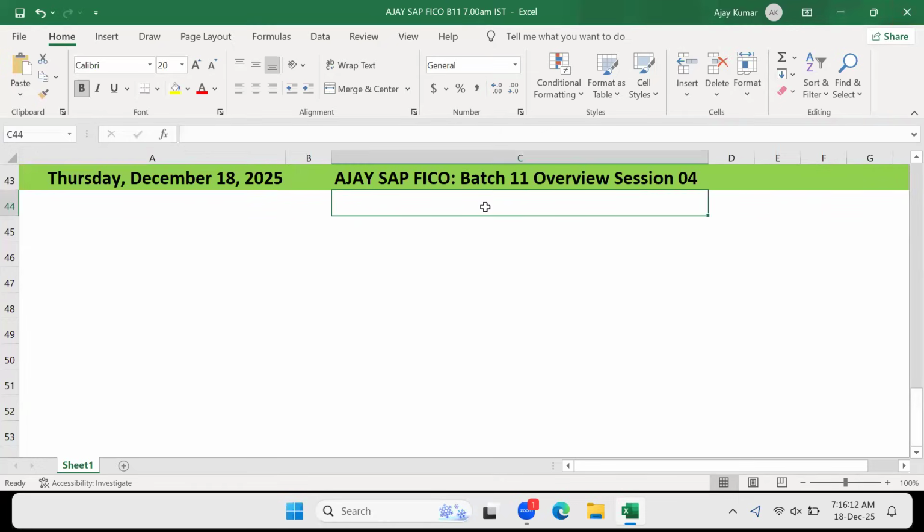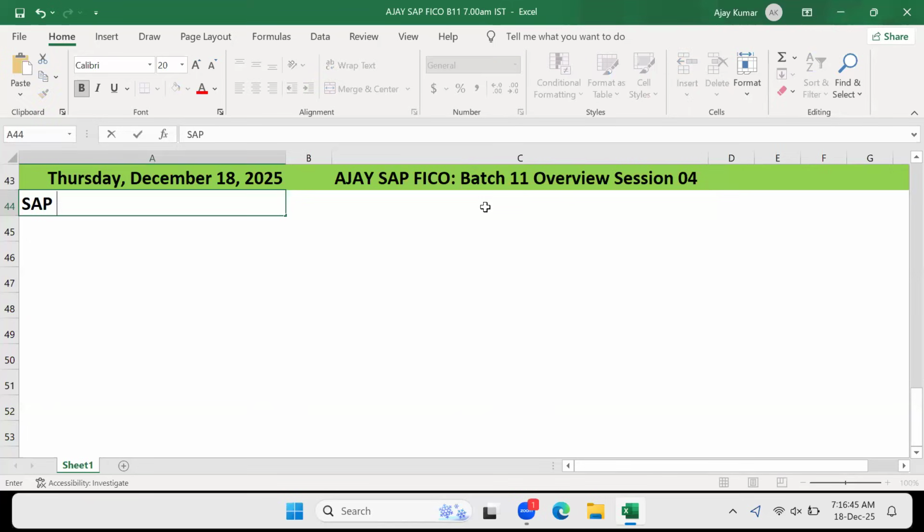Okay. Yesterday we were talking about how we will be working as a FICO consultant after getting into a project, and accordingly we got to know different new things. Today we will try to understand what is there exactly in SAP FI and what is there exactly in SAP CO, what we need to be familiar with to get a job or to survive in any organization as a FICO consultant.